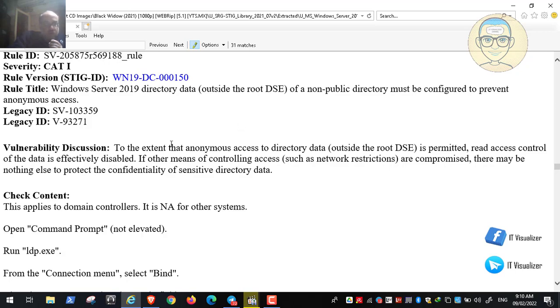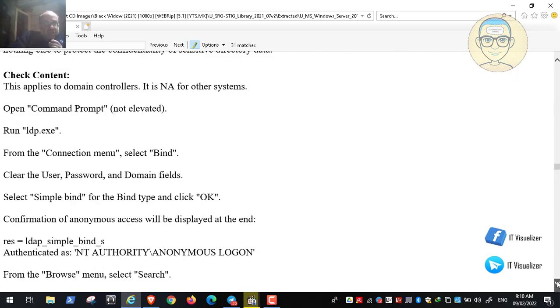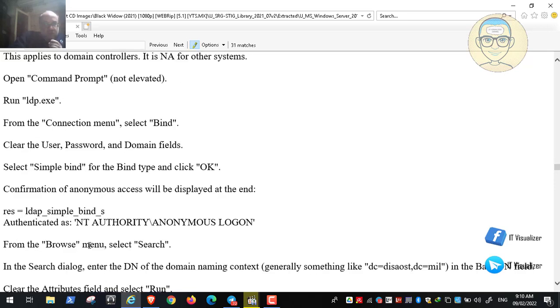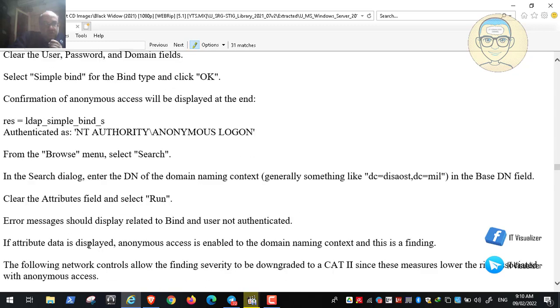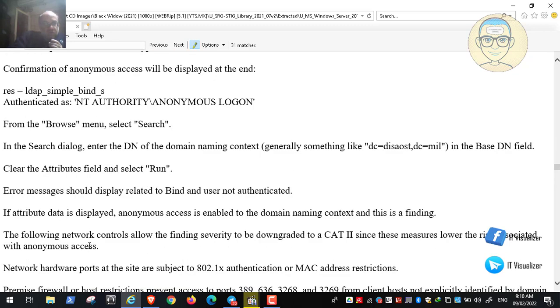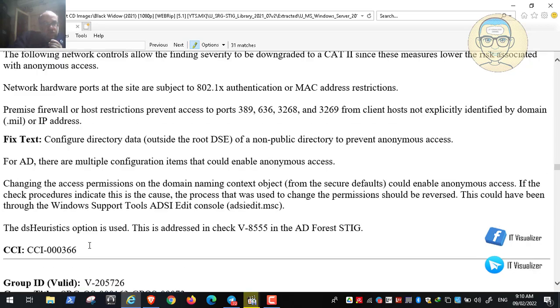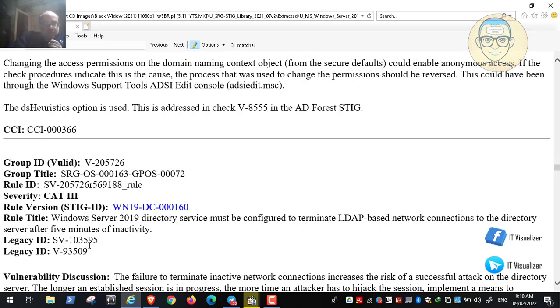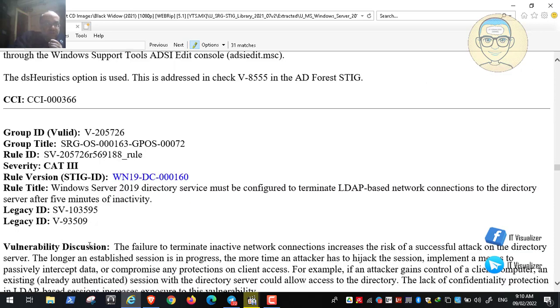So how can we check? We need to open a command prompt and run this command, check the connection menu and see something called bind. Then clear the username, password, and domain fields and select simple bind. Confirmation of anonymous will be displayed at the end. Anonymous login. So in the search tab, anyway, I think he is saying that we will not need to let anonymous users access our domain from